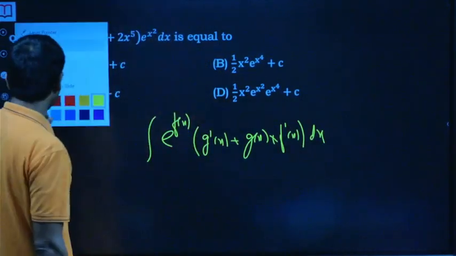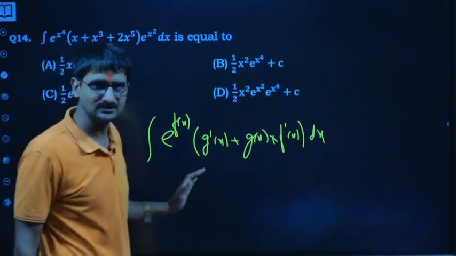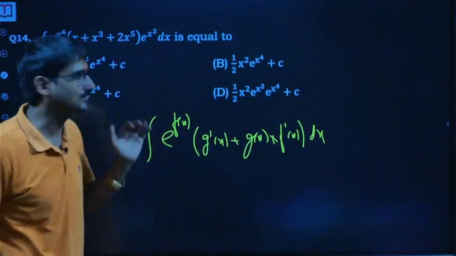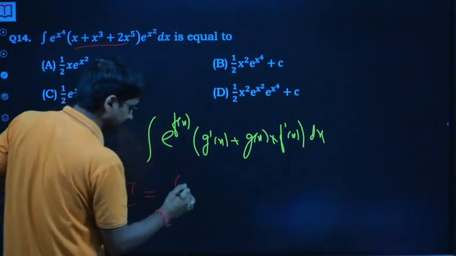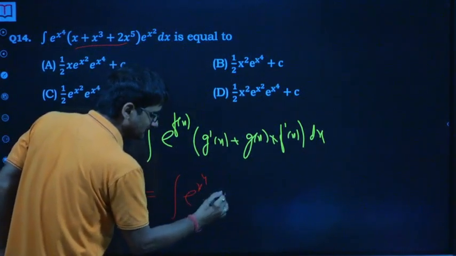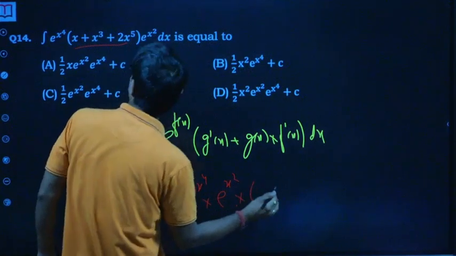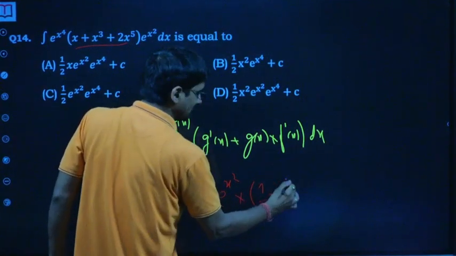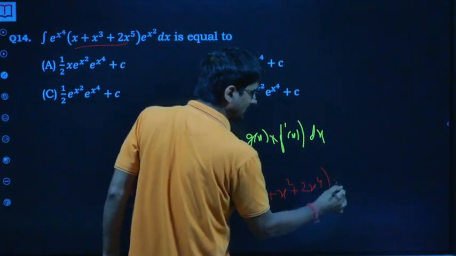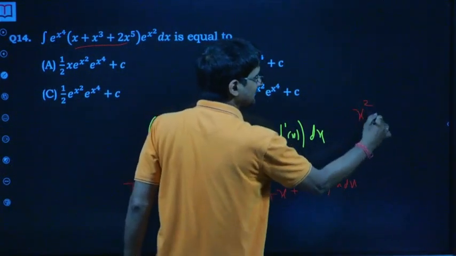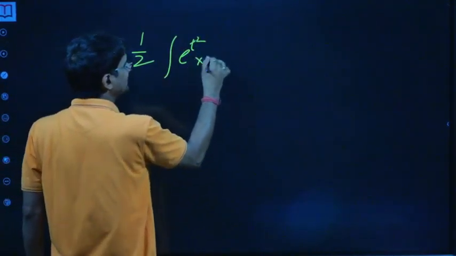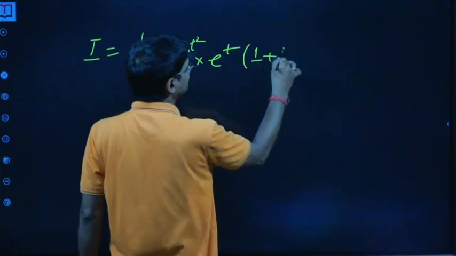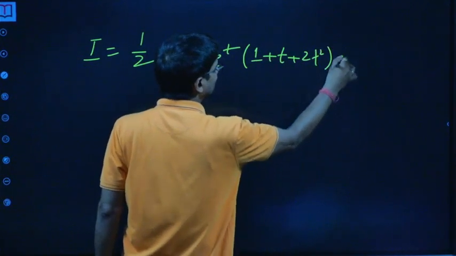But see, I will accept here that I didn't start with this. I just first tried to simplify it. How I took out, see, x is common from this term, so e raised power x raised power 4 into e raised power x square into 1 plus x square plus 2 times x raised power 4 x dx. So I started by replacing this by t. Then what I got here is half times e raised power t square into e raised power t, 1 plus t plus 2t square dt.